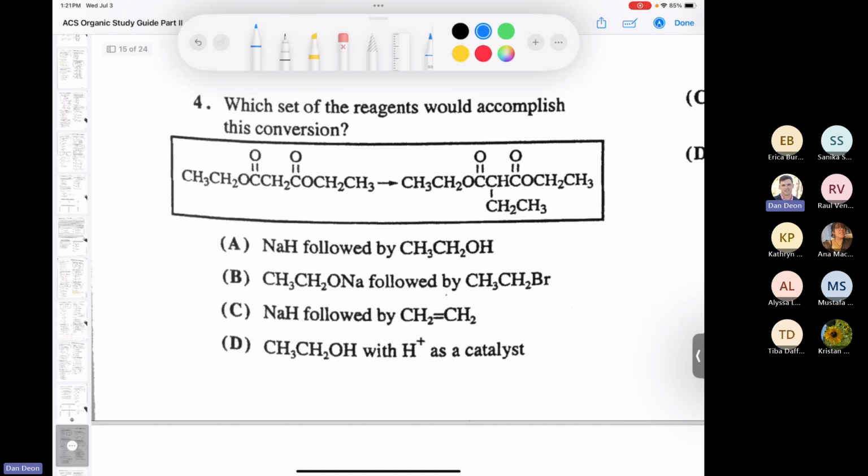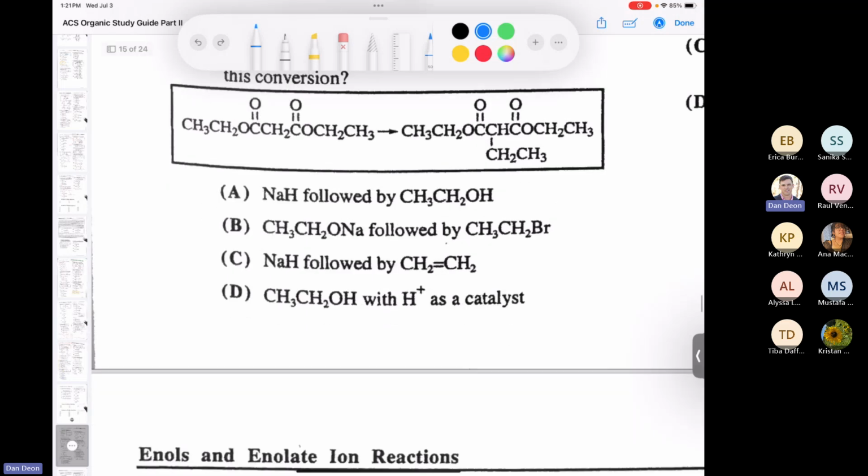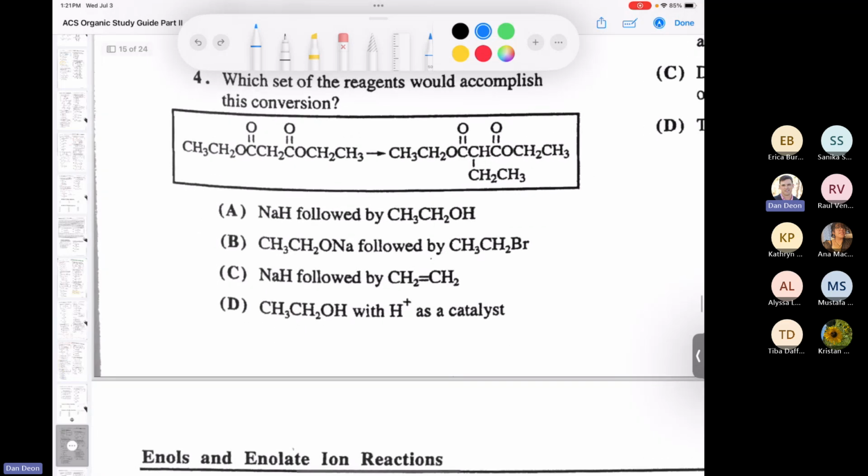This is a compound that you recognize. This is diethylmalonate. We use this in a synthesis. And it says here, which set of reagents would best accomplish this conversion? Now, maybe if I draw the bond line structure of the starting material, maybe that will help. Okay, so here, missing an oxygen in there. Okay, there we go. That looks more like it. Okay, so we end up with this 1,3-diester here that we call